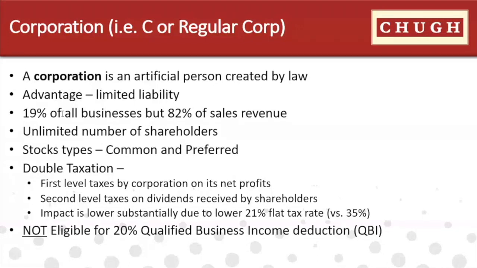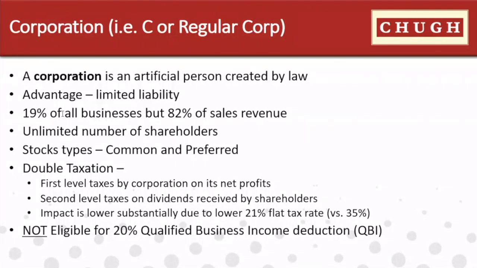The reason it's called preferred is that it has some preference over common shareholders. One of the preferences, many times, is that preferred shares have a dividend attached. Plus, when you wind down the business, preferred shareholders have priority in the distribution of assets. So let's say when we wind down the company there is $100,000 left to distribute. First we distribute to the preferred shareholders, and anything left over goes to the common